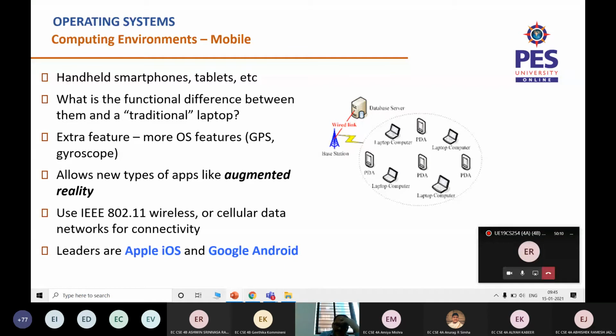There are limitations with this. First, battery is limited in the case of mobiles. So whatever OS you are going to run on mobiles has to be very efficient in terms of battery usage. Limited amount of battery is available. Nobody would like to have a mobile which has a battery backup of say an hour. So people want mobiles which can last at least a day. That's a minimum requirement. More than a day is what is preferred.